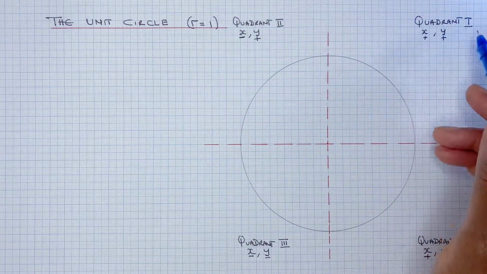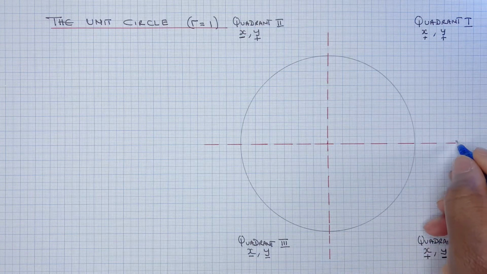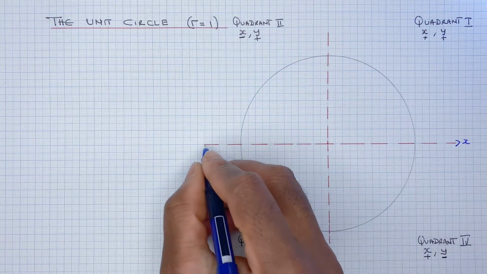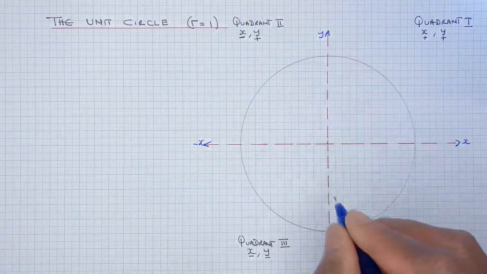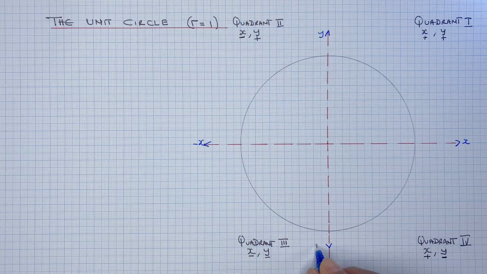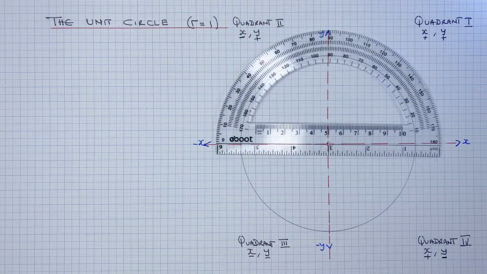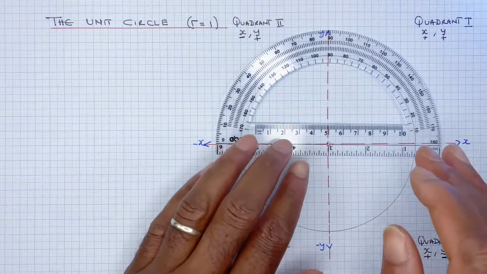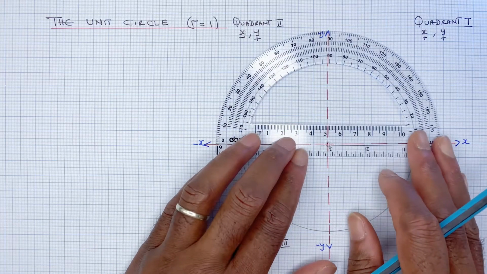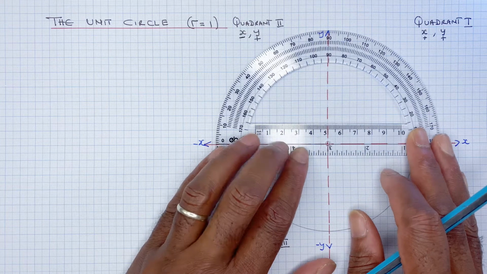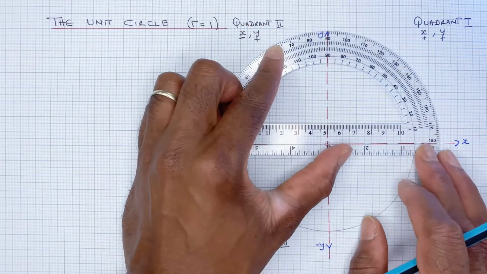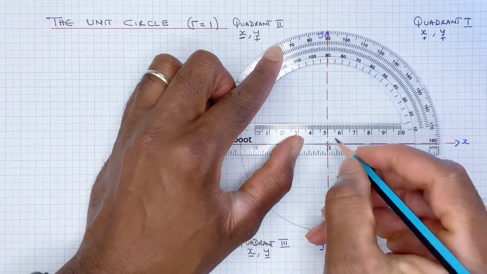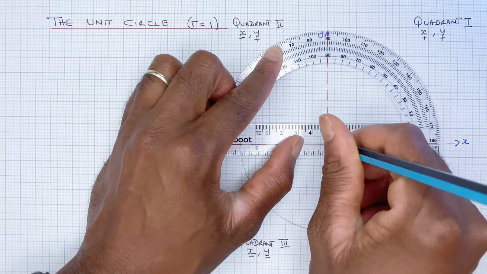The first quadrant, this is the x-axis, this is the y-axis. I'm going to divide the circle into different sectors using the protractor. Right, so I'll get the point of the center here as the center,